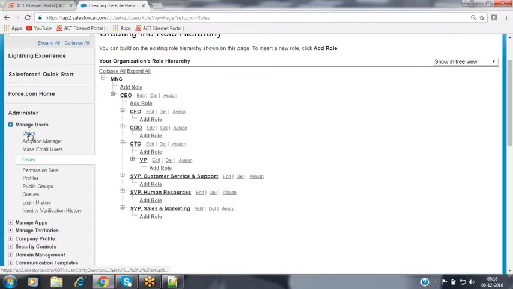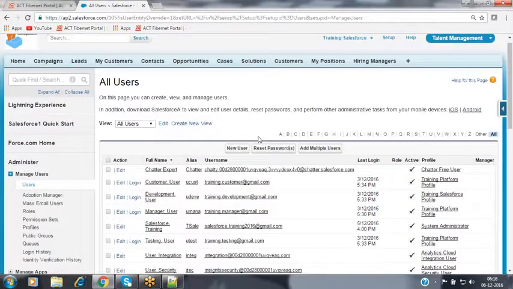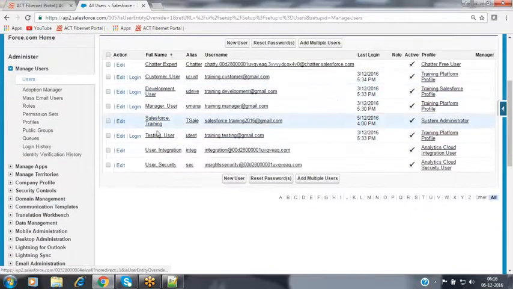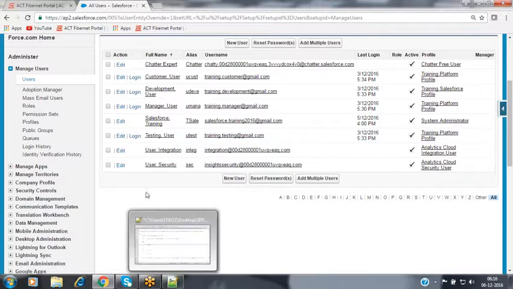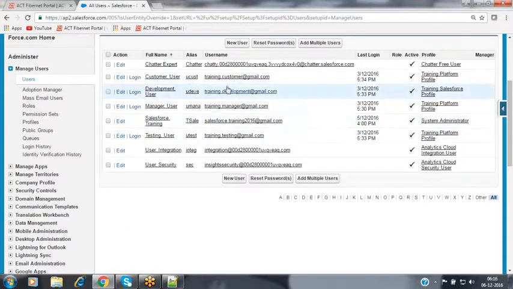Now when you go to the users, you will have the users available here, like customer user, development user, manager user, and Salesforce training user, nothing but the administrator, and the testing user. These are the users we have created right now. For every user, we have assigned the profile.